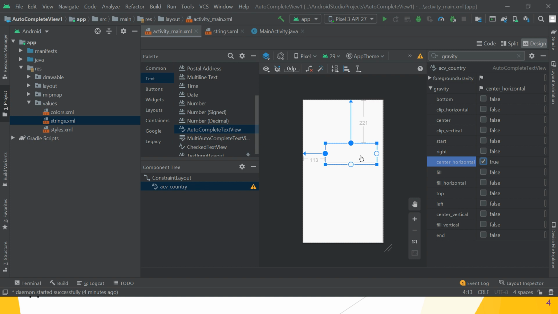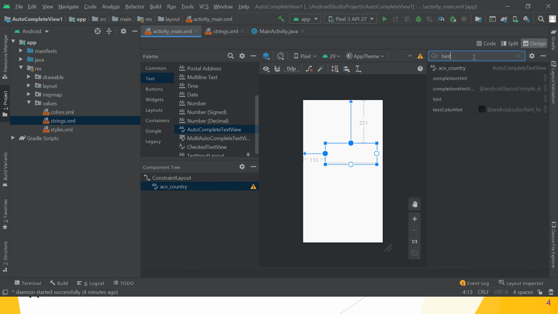After that, there is the hint property. So just type the hint property. In the hint, what is there? It is used to display the hint text when the text is empty in the autocomplete text view.